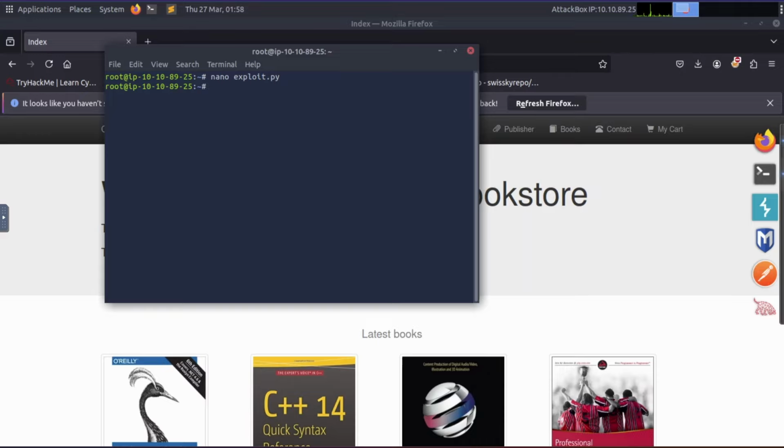I choose the name. Now what I have to do is add permissions. I'm going to add executable permission. If you don't know what chmod is, it allows you to add or take away permissions to files. So what I'm doing here is adding plus X, so adding the execute permission to exploit.py. So now what I can do is run python3